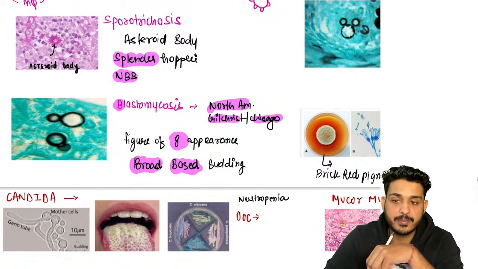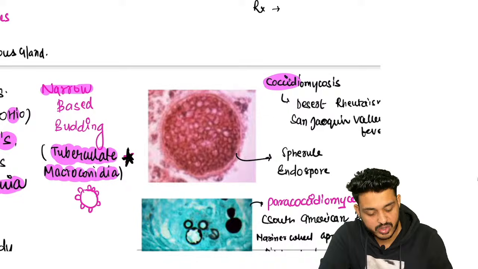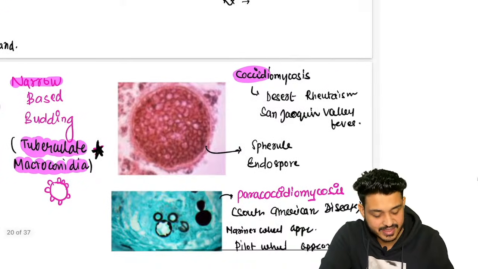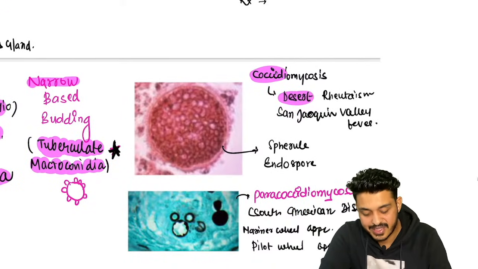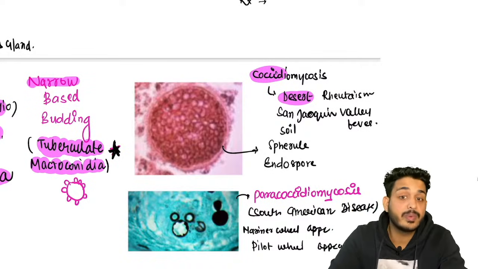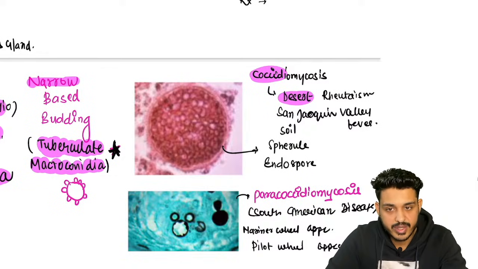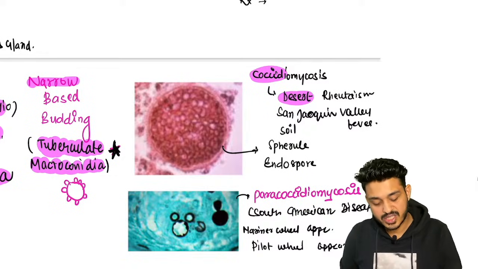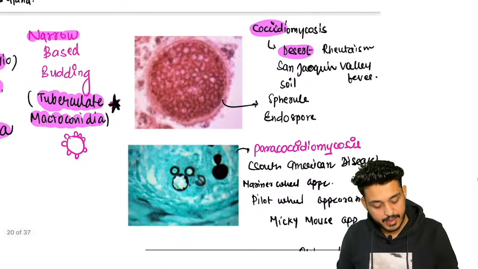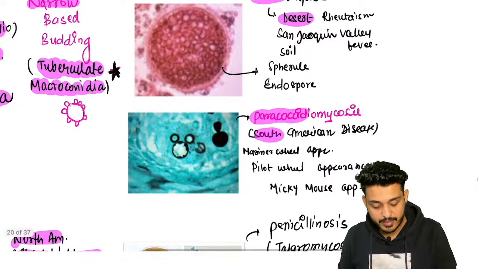Very, very important, right? Next thing is going to be HSBC for coccidioidomycosis. This is known as desert rheumatism. It has an association with the soil. Desert rheumatism, rheumatic-like symptoms are going to be there, and this is associated with the soil, right? This is going to be known as what? Coccidioidomycosis, right? Paracoccidioides, you have to remember, for para this is going to be known as South American disease, and